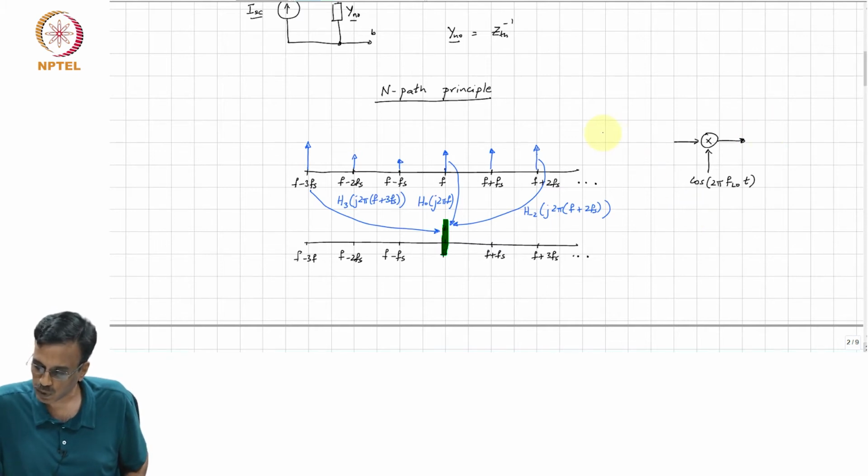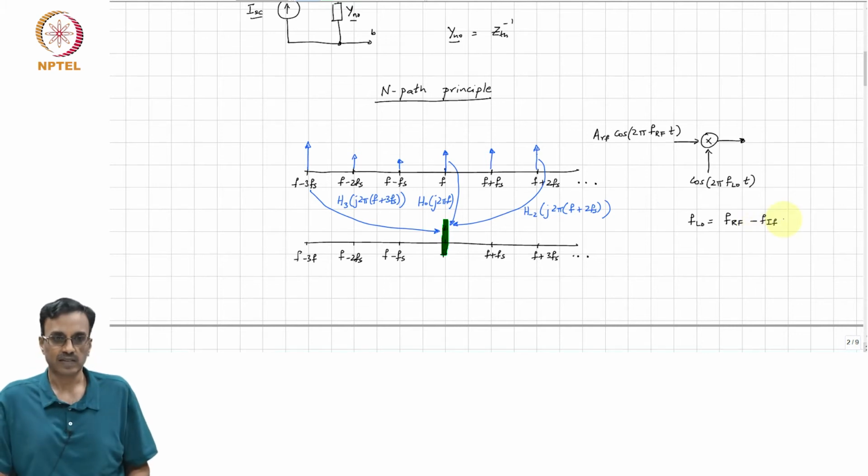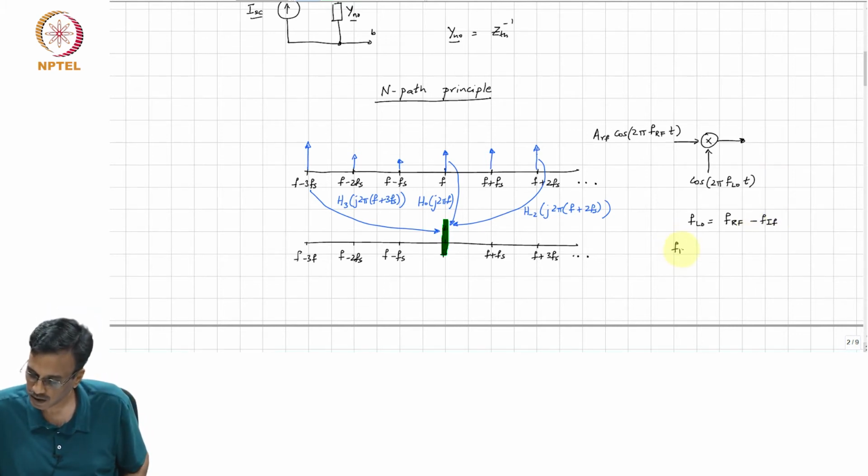So, the input, let us say, is A_RF cos of 2 pi fRF times t, and if I choose the LO to be, say for example, fRF minus fIF, where IF is the desired output frequency,